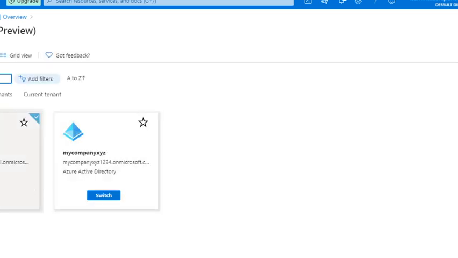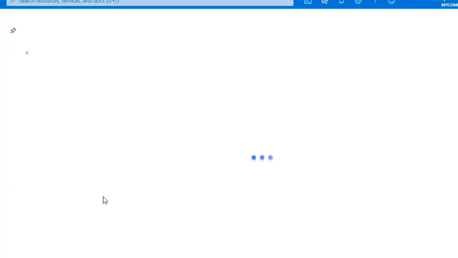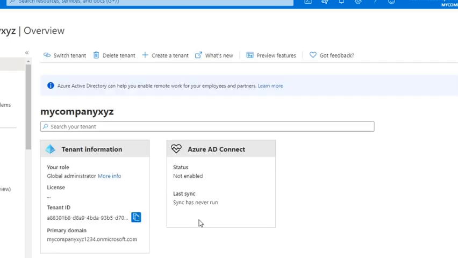you can see I had the default directory as one option, but now I have a second tenant as well, which is my company XYZ. If I want to access this, I can just switch to this tenant. Now you are seeing information related to your tenant, my company XYZ. You can notice here under the username you have your directory name,